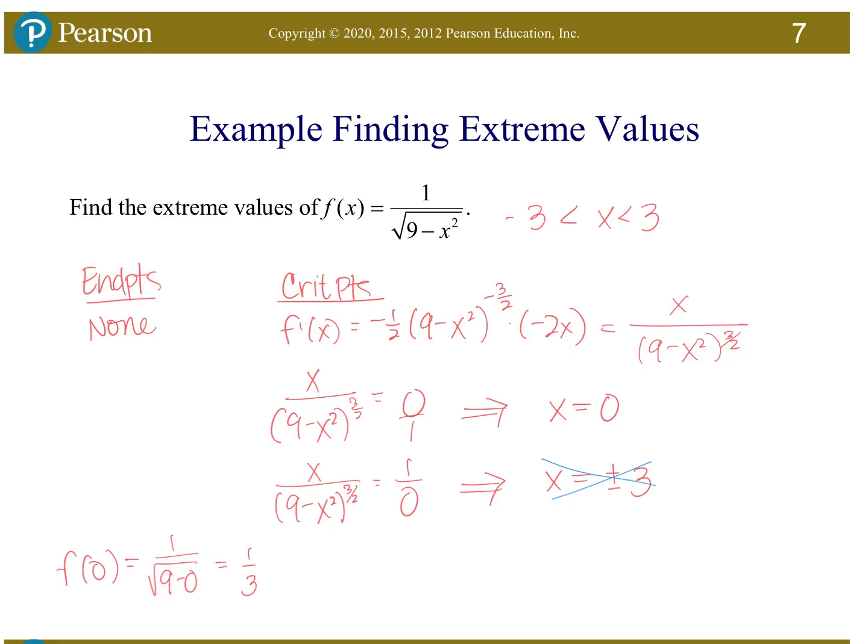Now, I don't know if that's a max yet or a min, but it's my only candidate. We'll be able to tell if it's a max or a min using some of our other tests when we add them, but right now I can't tell if it's going to be a max or a min. But when we check concavity, we'd be able to tell. If we were able to tell if it was changing from a plus to a minus or a minus to a plus, then we'd be able to tell, but for now we can't tell. That's as far as we could get. So what would we